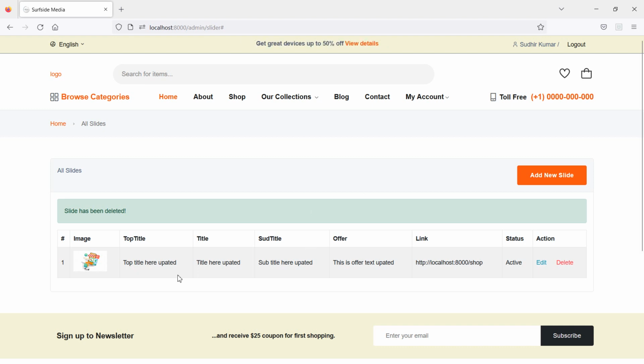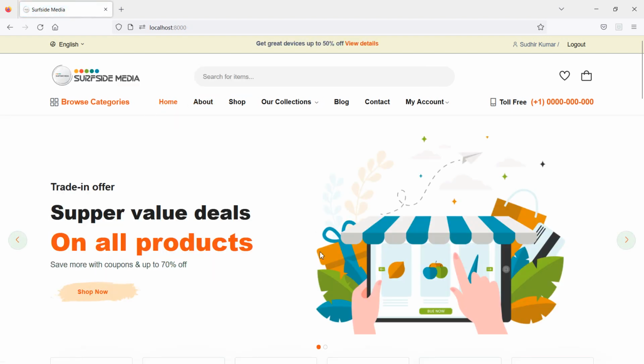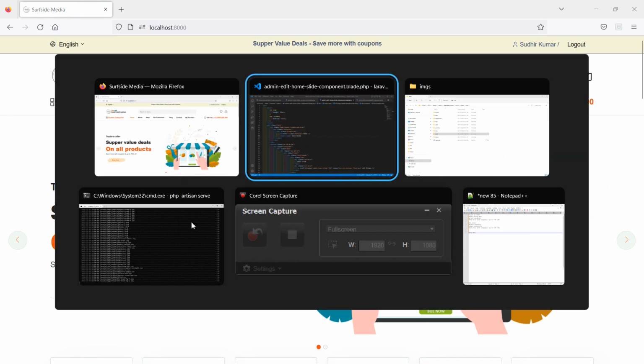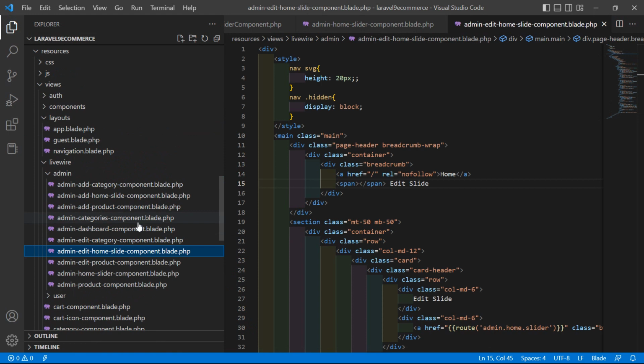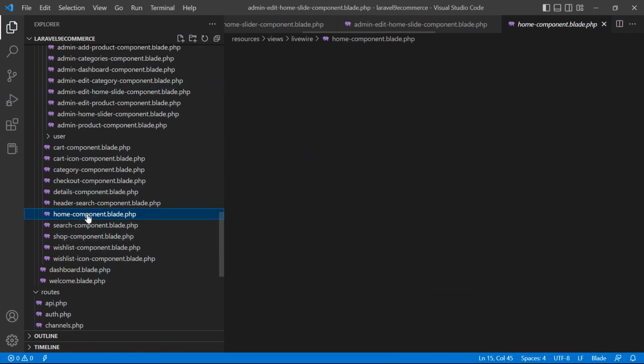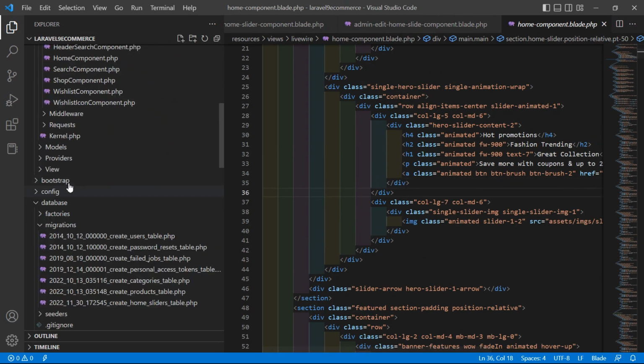Now let's use this slide on home page. So go to the home page, and here let's display the dynamic slide. So switch to the project, and first of all let's open the home component class file. So let's open this one. This is the view file. Let's open the class file,